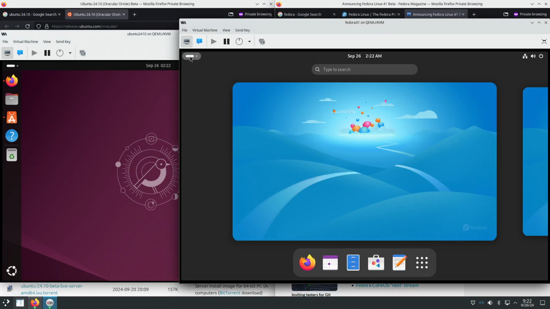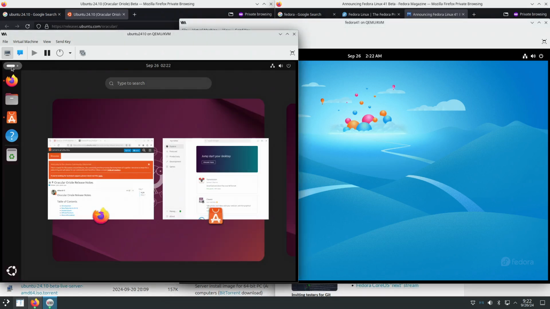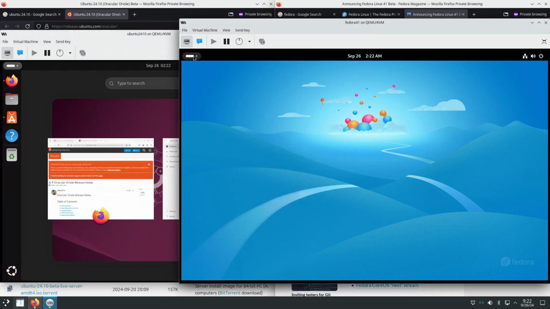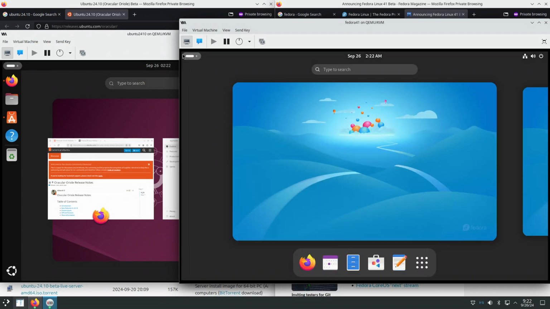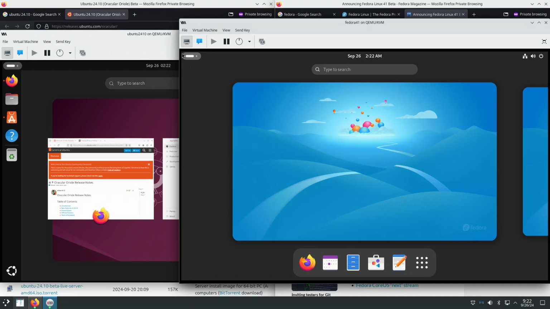This is how we get to the overview using this button at the top left corner, which respects Fitts's law, or maybe not. Let's see where it is. Yeah, it does. So clicking on the extreme bottom left will open the overview,